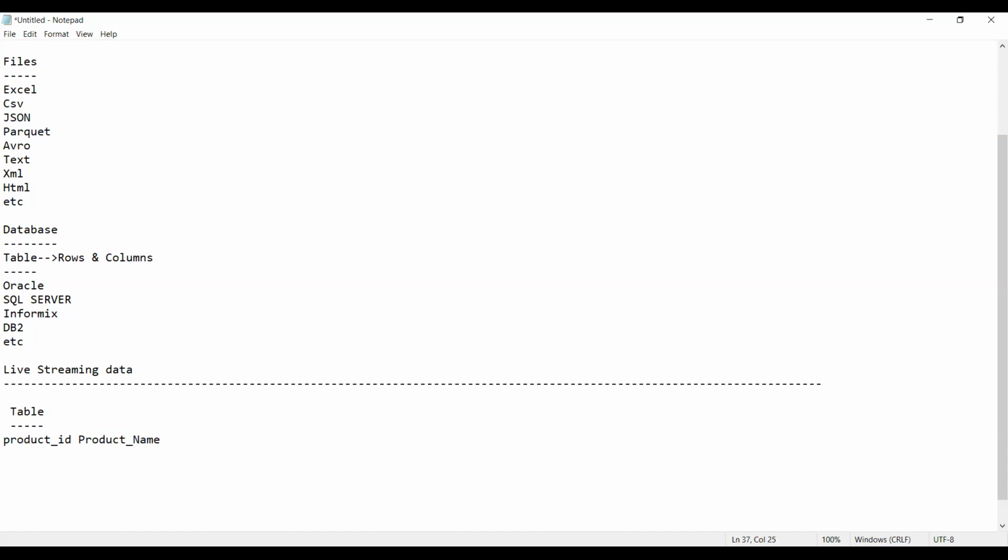And now the next one is, what is it? You have product ID, and the next one is product name. So I'm using product ID, product name, and then you have product rate, and then we have product quantity sold. All of you following? Product ID, product name, product rate, product quantity sold, and what is it? I'm using DOS, that is date of sales.